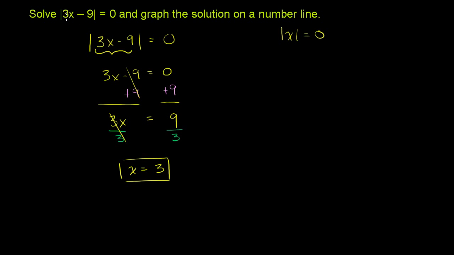Now let's make sure that this actually works. Let's substitute it back into our original equation. So we have the absolute value of 3 times x. Instead of x, I'll just put in our actual answer that we got. 3 times 3 minus 9